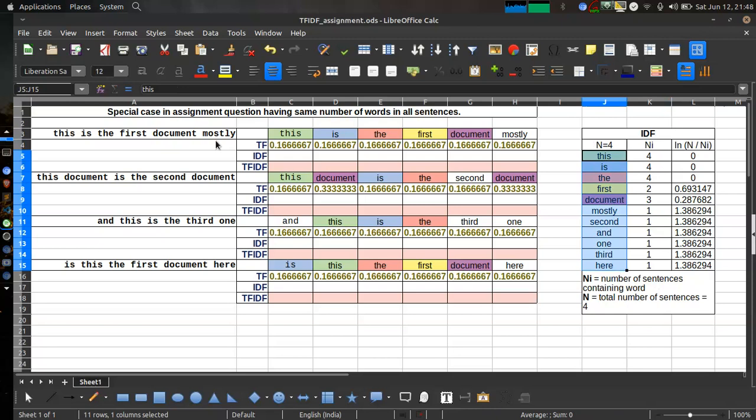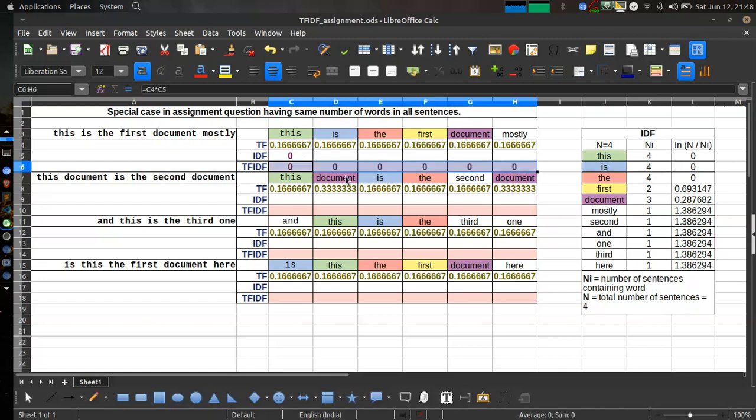So now what we will do, we will just take the first sentence. We have calculated the term frequency for each word, right? Now we will take this term frequency, and we will ask the dictionary what the idf is for this word, right? This word, this. So it is nothing but 0, so idf is 0 again. And now we will multiply this with this, correct? So you will get tfidf. So tfidf is nothing but term frequency multiplied by inverse document frequency, right?